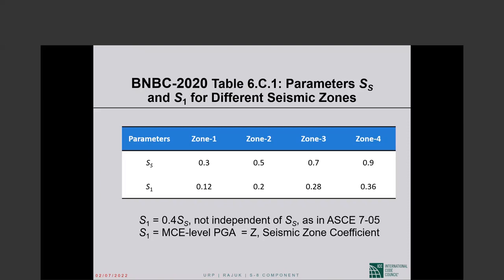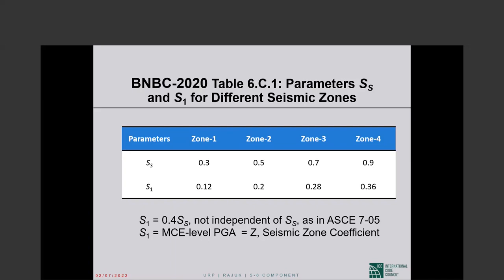Now, so S sub S divided by 2.5 is MCE level PGA, because S sub S is MCE level by definition. Now S sub S by 2.5 is S sub 1. So S sub 1 is MCE level PGA. And that is what is denoted by Z in